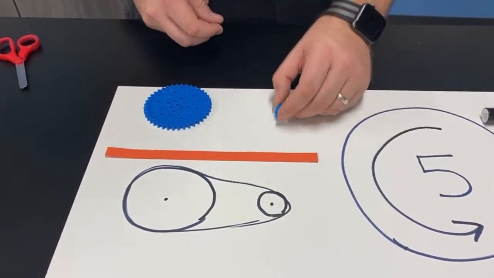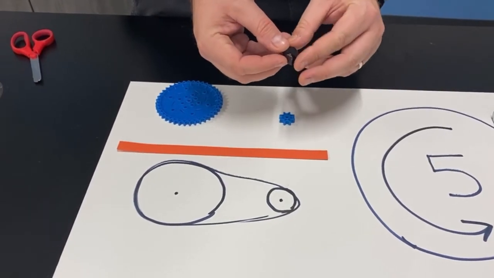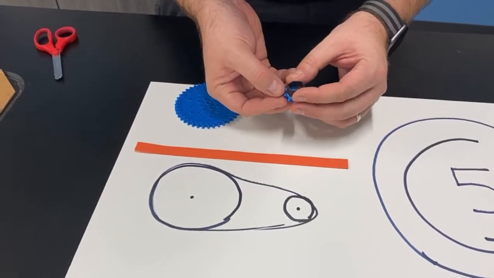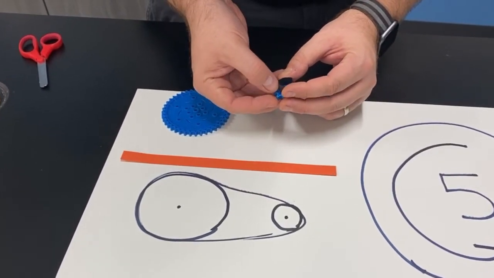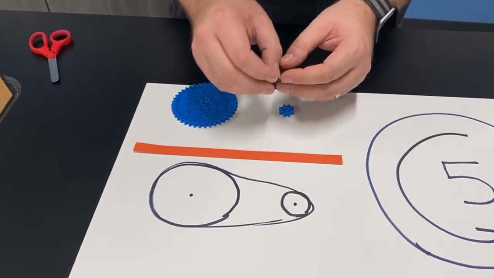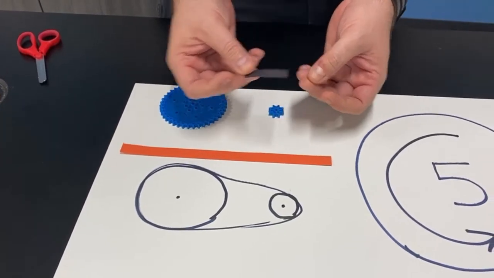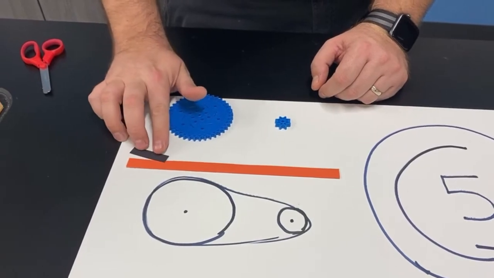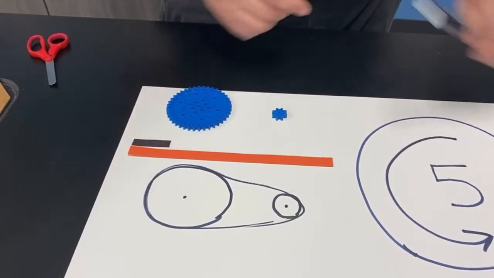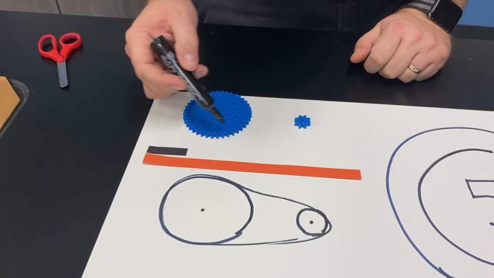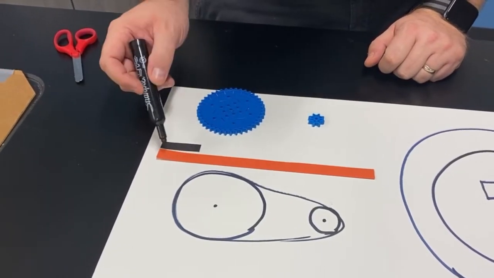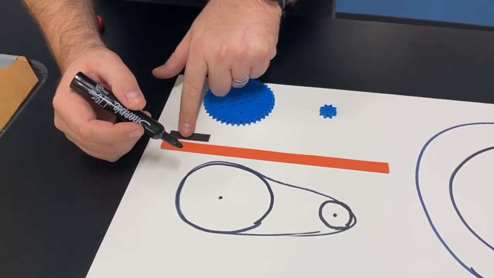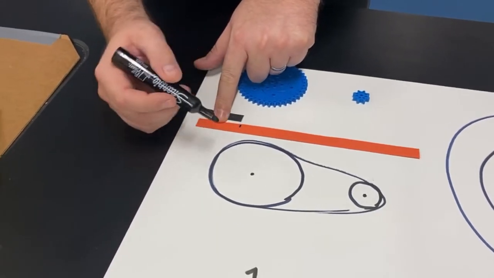Now I want to do the same thing with the little gear, all right? The little gear is a little bit harder to do because it's harder to work with the paper, but I did go ahead and make one for this little gear. Then I'm going to stretch it out, and I have one circumference of the little gear. So I can see here that if I travel one whole rotation on this big gear, the little gear is going to travel once,